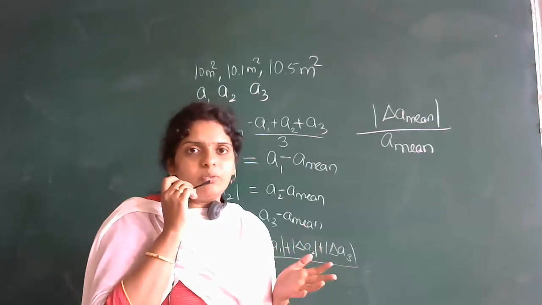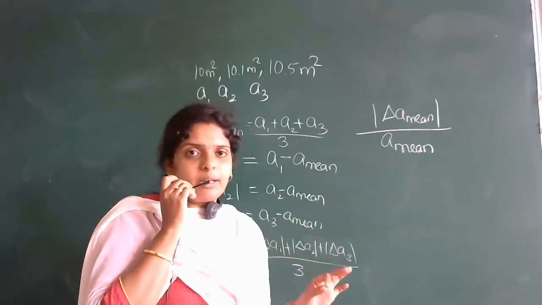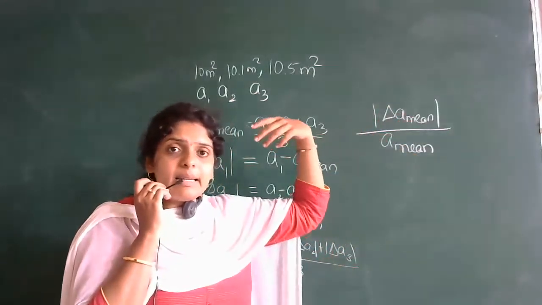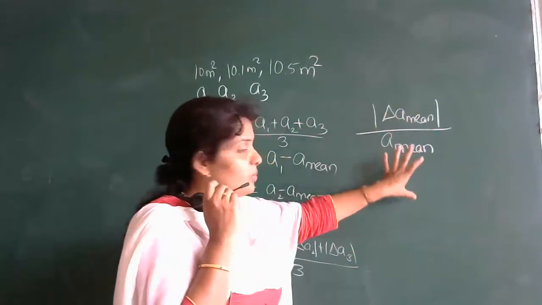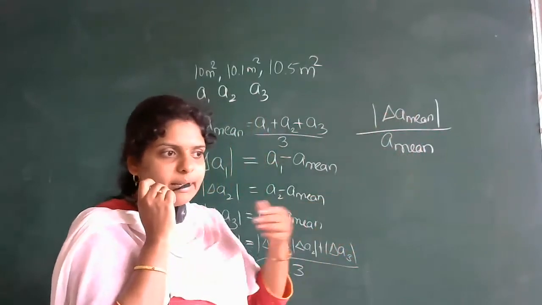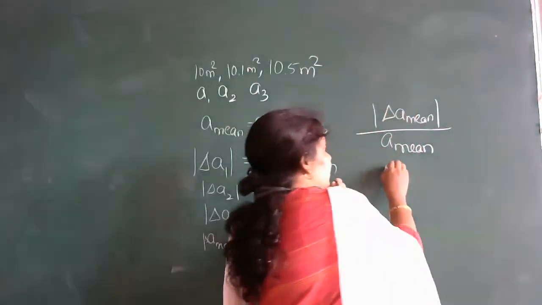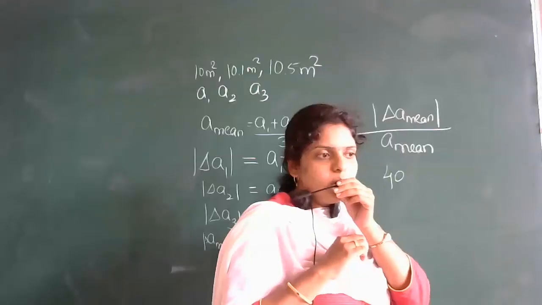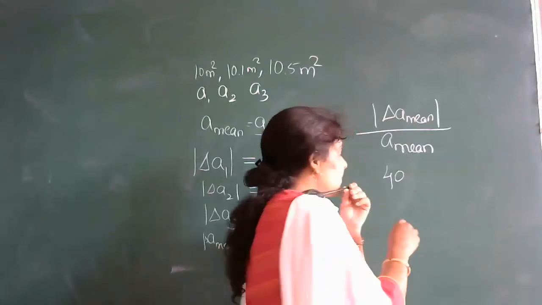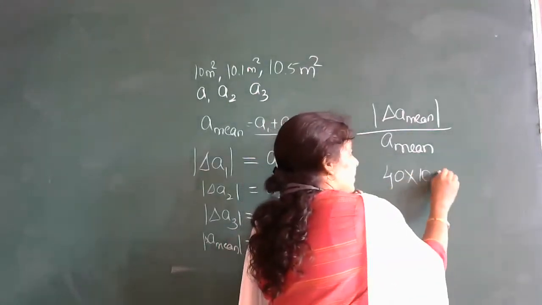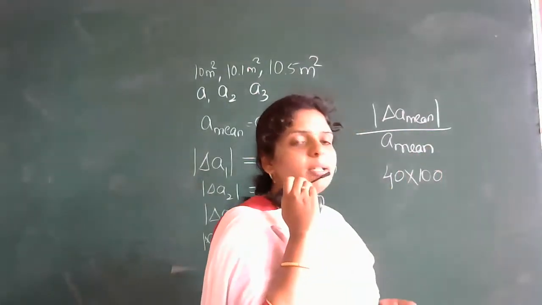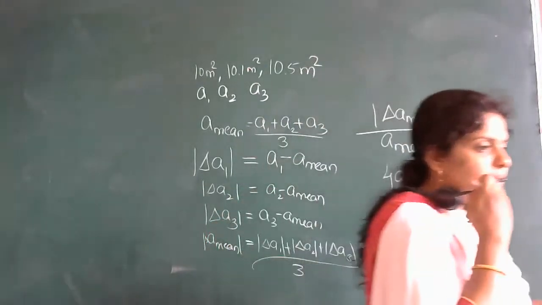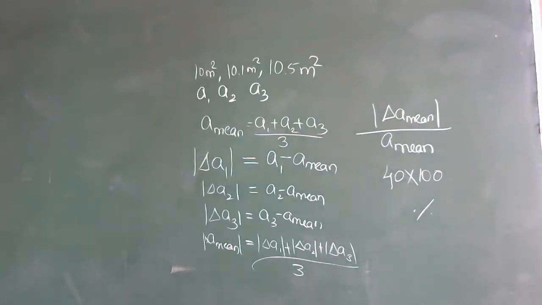Then the last one we have, that is percentage error. What is percentage error? Means relative error you are expressing in terms of percentage. मतलब आपको जो भी आंसर आता है, for example, suppose if it is 40, so what you are going to do? You are going to write it as, that is, multiplied by 100. So the answer you are going to express in terms of percentage, that is known as percentage error.